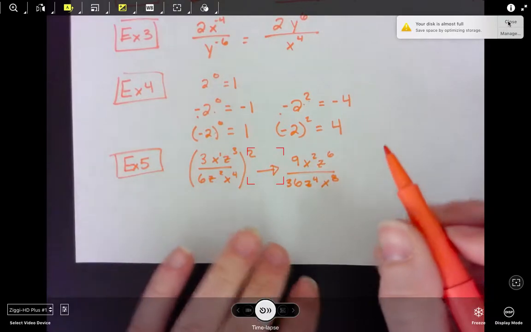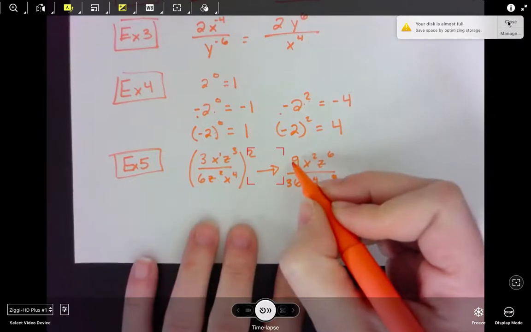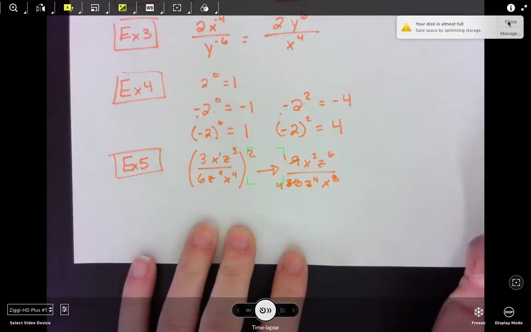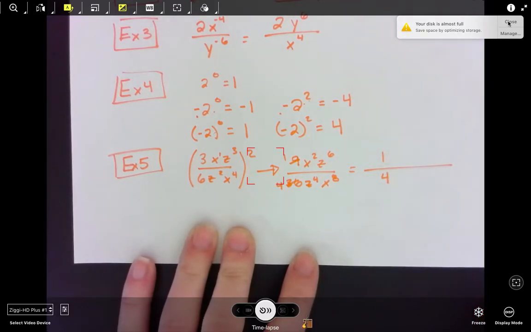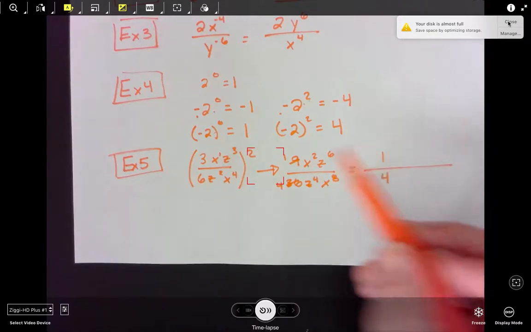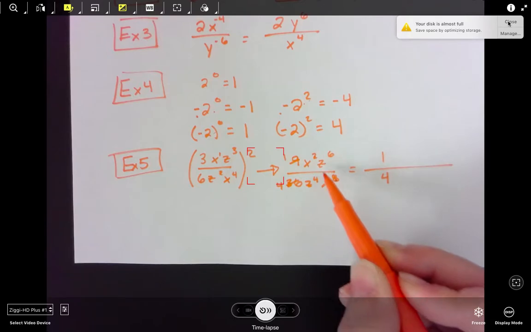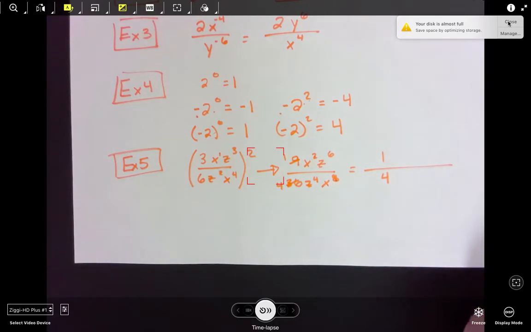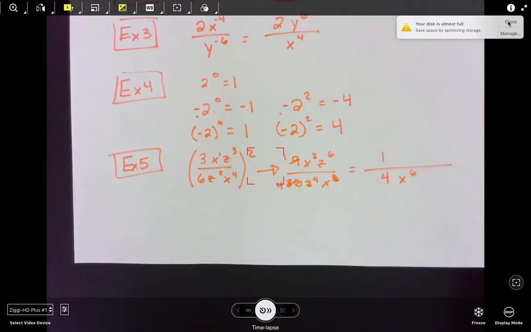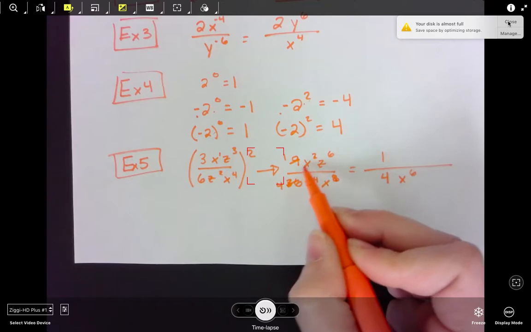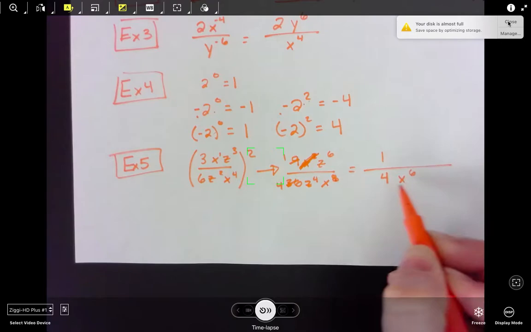Okay? Now I'm going to go ahead and reduce things. So I start with the numbers. 9 and 36 will become 1 and 4. 9 goes into 36 4 times. So 1 and 4. Okay? And then the x's and z's. The x's, I have 2 x's up here and 8 of them down below. So when I subtract those, I get 6 of them. But since the larger one was in the bottom, I'm going to have the 6 x's go down in the bottom. Okay? Imagine that I have like 2 x's up here and I have 8 of them down here. 2 of those are going to cross out with 2 of them down here, so I'll still have 6 left